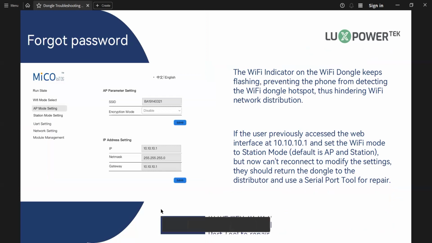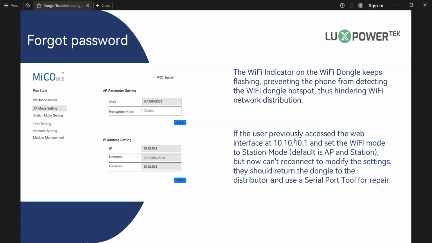Forgot password. The Wi-Fi indicator on the Wi-Fi dongle keeps flashing, preventing the phone from detecting the Wi-Fi dongle hotspot, thus hindering Wi-Fi network distribution.